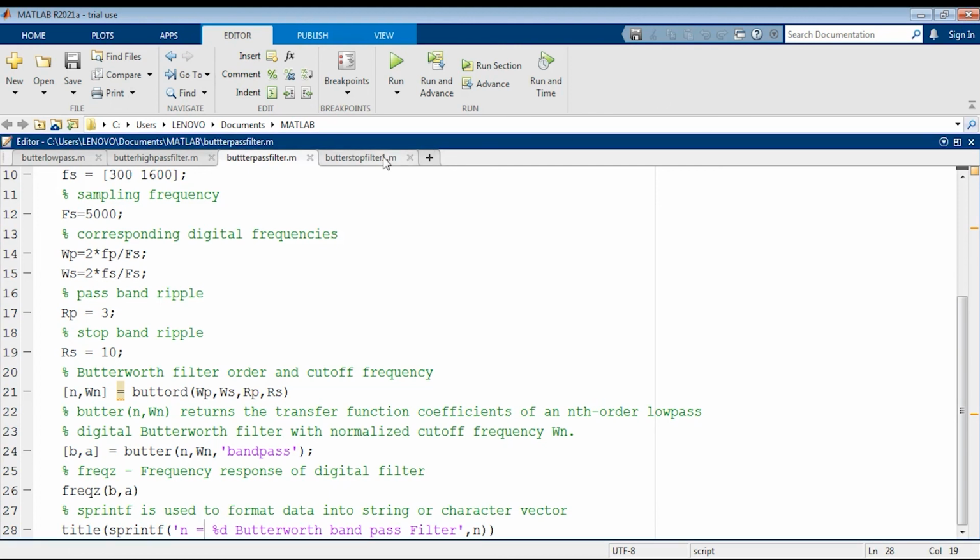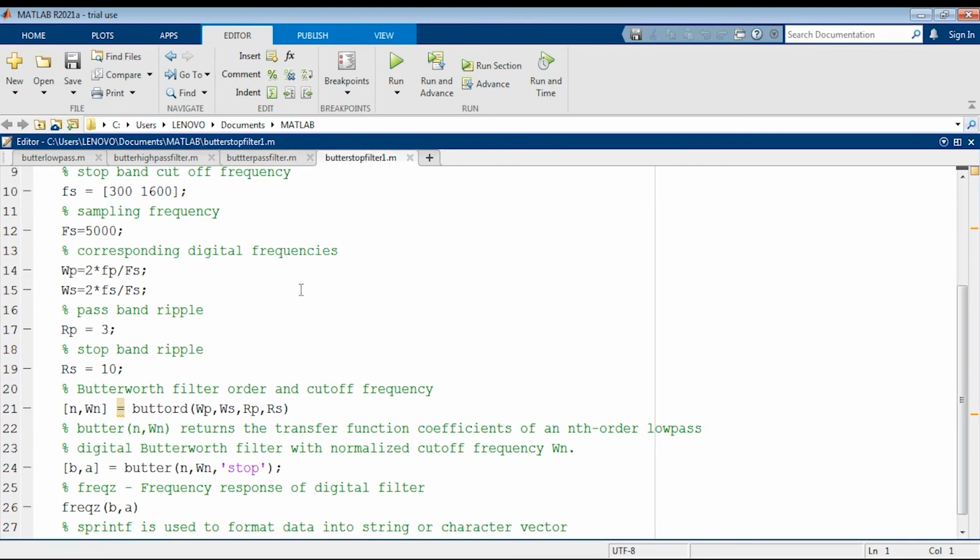Next, if you go for the band stop filter, it is the same as band pass only, but the difference is that in place of band pass, I have to give the F type, filter type, as what? Stop, S-T-O-P. So it will give the filter coefficients of the Butterworth band stop filter. And to plot the frequency response, I would use the command freqz.